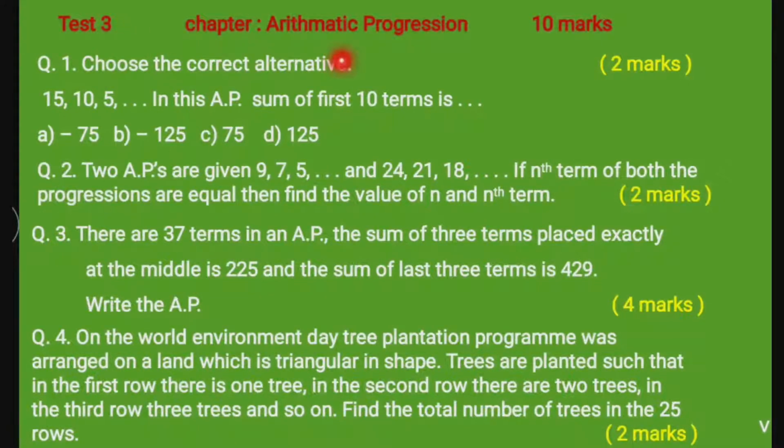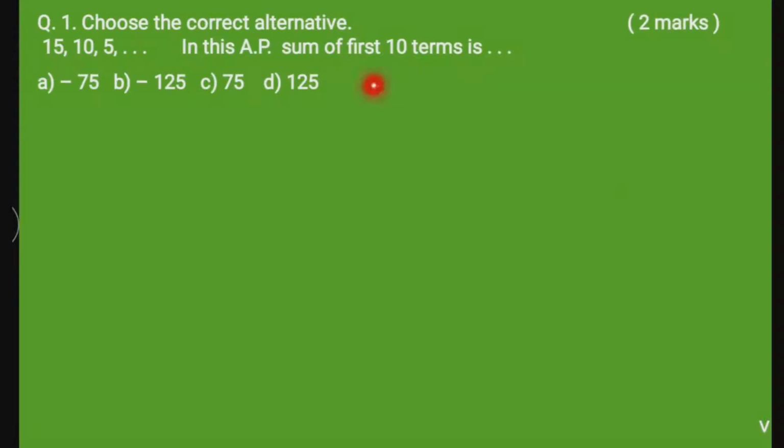So test 3, chapter arithmetic progression, we see the solutions of these four questions. See first question, choose the correct alternative. The terms are 15, 10, 5 and so on. In this arithmetic progression, sum of first 10 terms is, that means here we have to find S10. So we write here in solution,